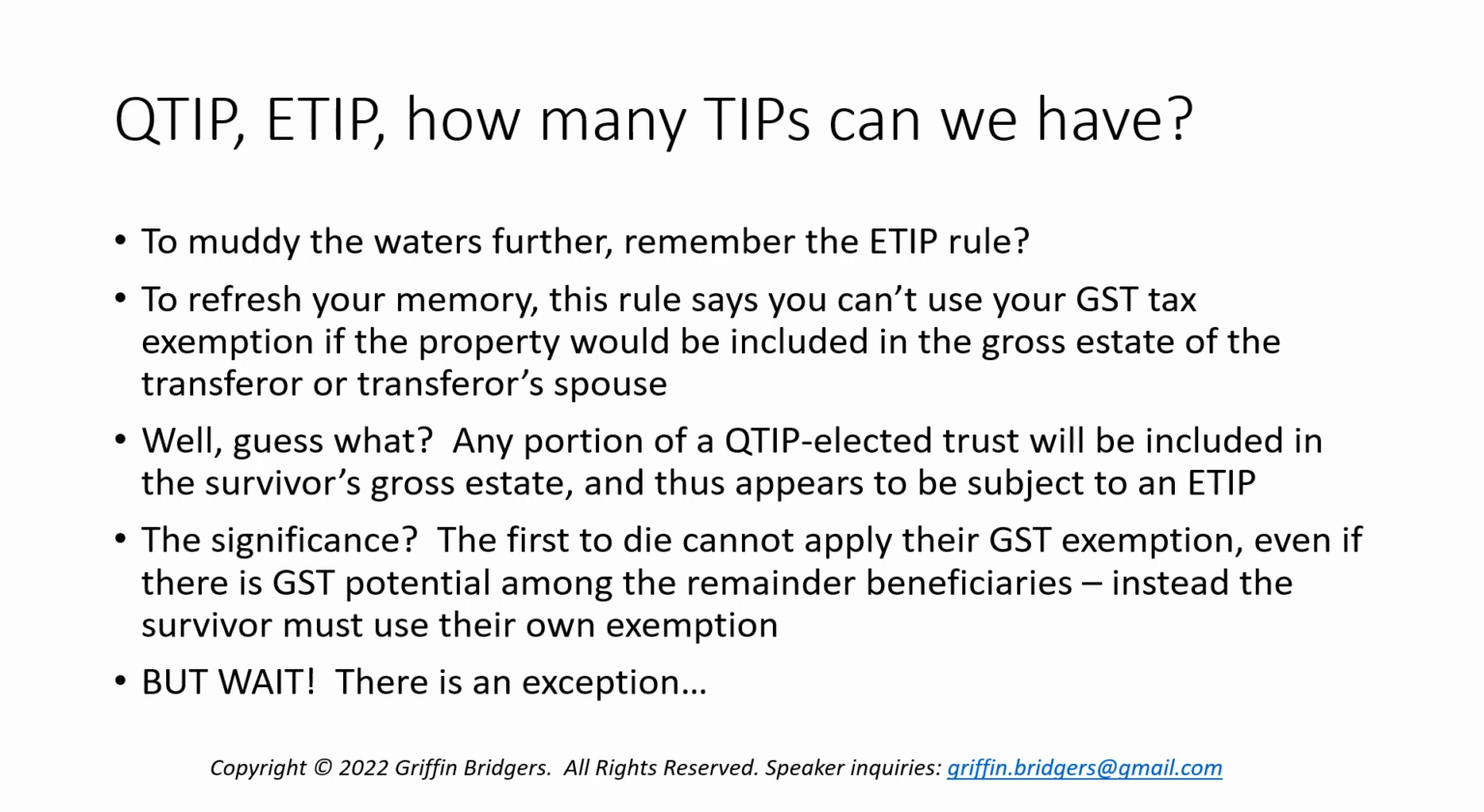So what's the significance here? Well, the significance is that since there is an ETIP problem, the first to die can't actually apply their GST tax exemption, even if there's GST potential among the remainder beneficiaries. Recall, there's no GST potential as long as the spouse is alive, the beneficiary spouse, because they're not a skip person. So what we have to do is play this waiting game, allowing the beneficiary spouse to use their own